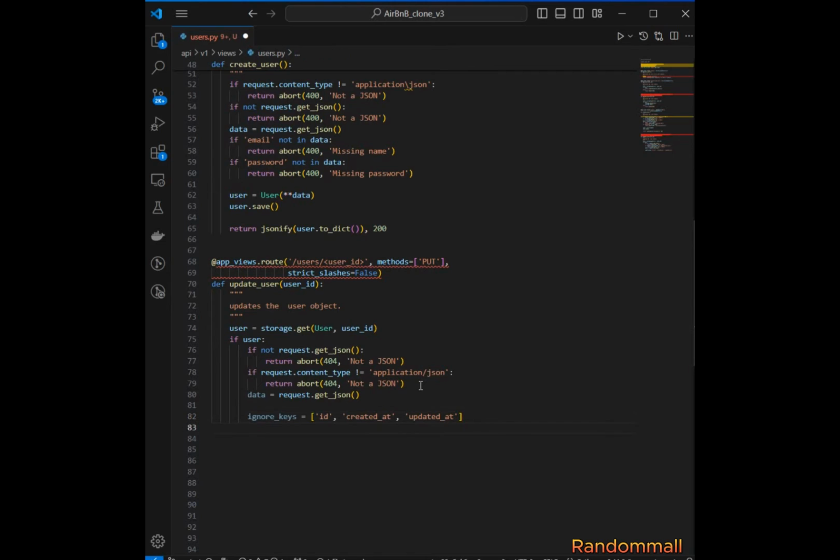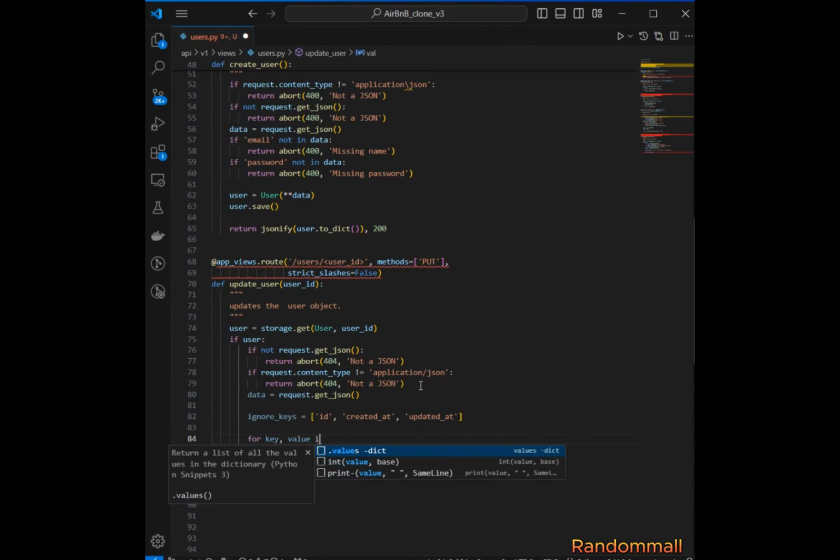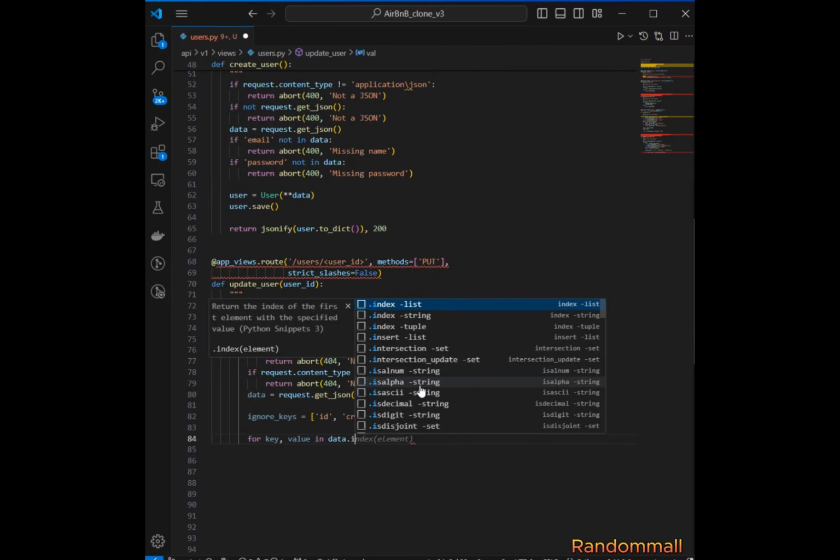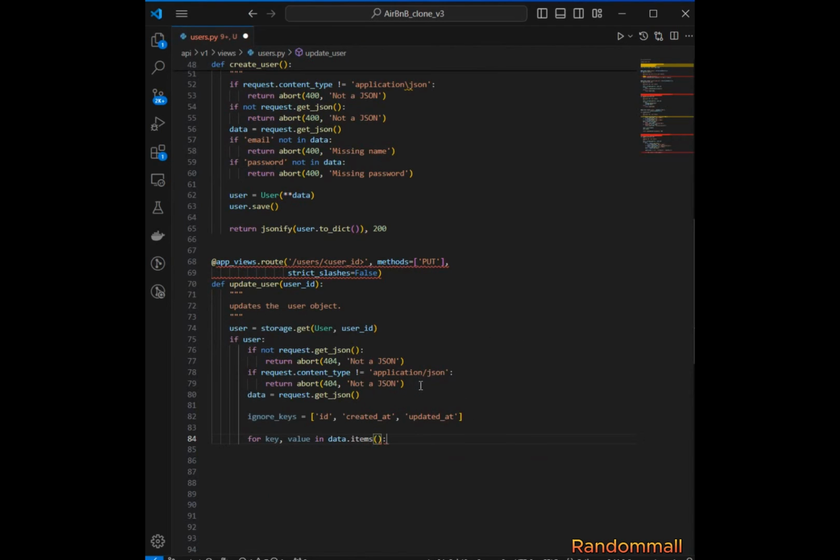Then, like we've always been doing, we are going to iterate through the data, for key, value in data.items(), and then we are going to check to make sure that we are not updating any key in the ignore list. So you say if key not in